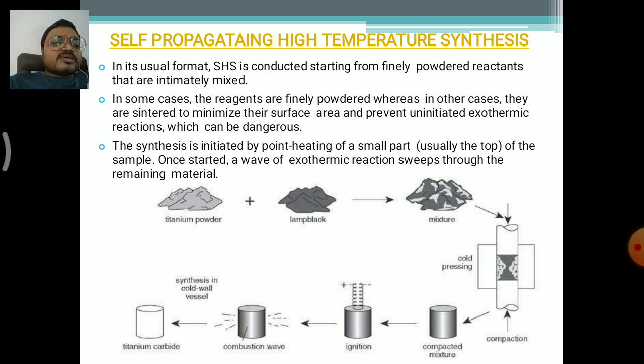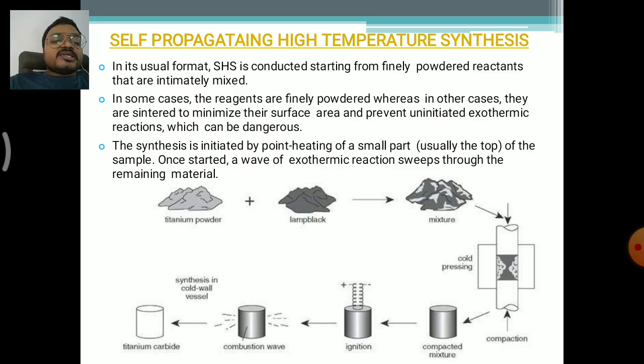Then it is sent for the compacted structure, that is cold pressing. So where we are pressing with some loads, it is compacting. Then it is considered into a single solid structure. So when we are using a solid die or a drum like type die, we are considering it as the compacted mixture. So the shape and size depends on the die used, and then it is sent to the ignition